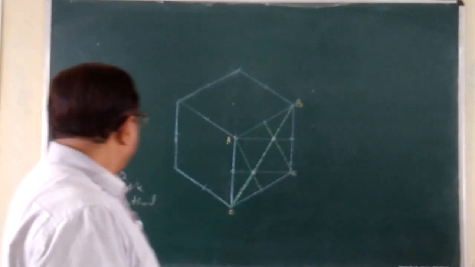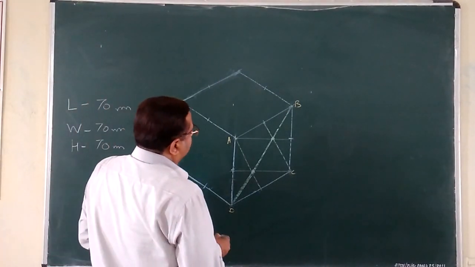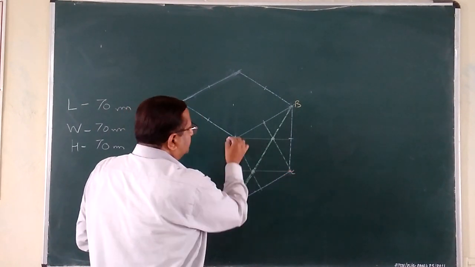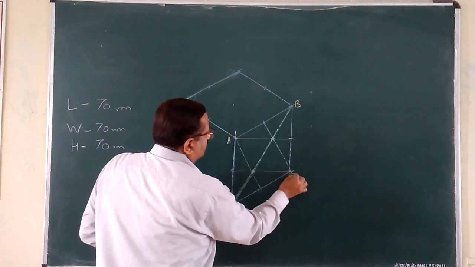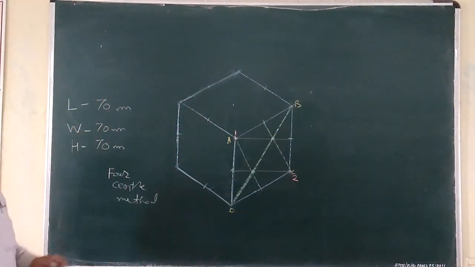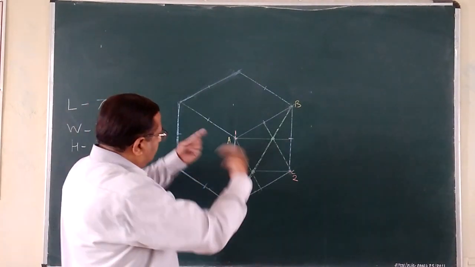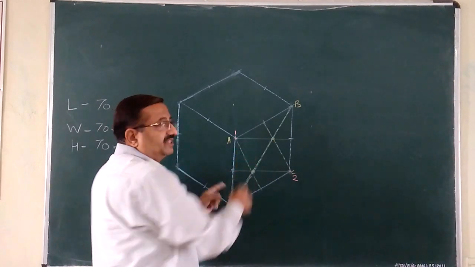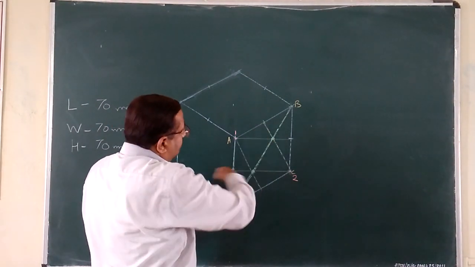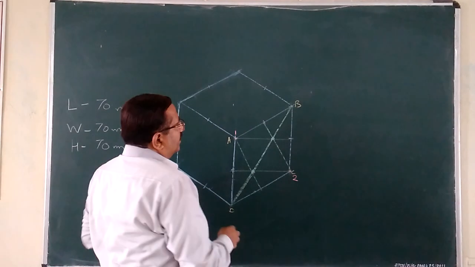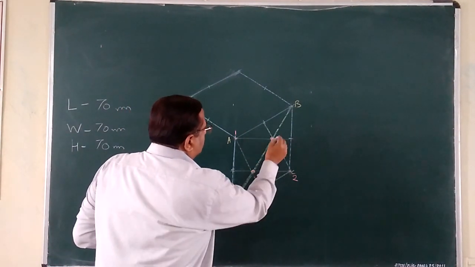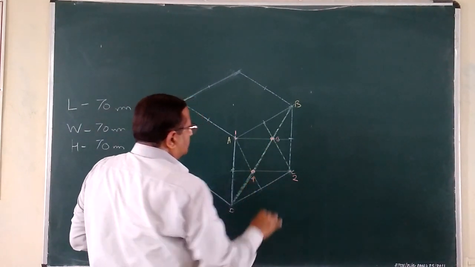Okay. Now out of these four centers, where those are located, that I will tell you. See here. Corner A and corner C, these two are the first two centers, ready centers available here. Further, connecting A with the centers of opposite sides, and connecting C with the centers of opposite sides, by intersecting these projectors with the diagonal, two more points we have got, two more centers, which are nothing but center number 3 and center number 4.